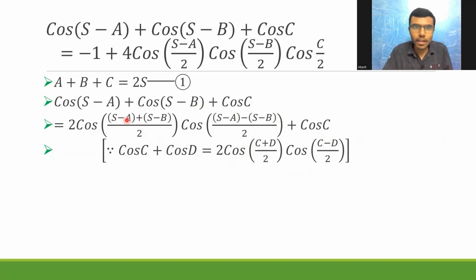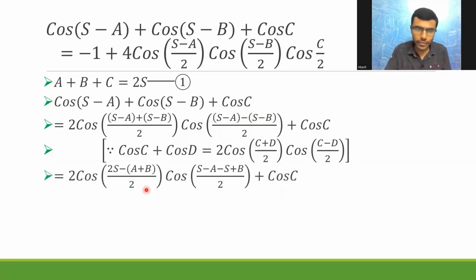Now, s plus s is going to be 2s, and minus a minus b. I'm going to take minus common in these two terms, so I get minus of a plus b. And this one I'm going to multiply minus to these two terms, so minus s plus b. So this is what you would see. As I mentioned, I took minus common, minus of a plus b, and then minus s plus b. So here s and s would get cancelled, b minus a by 2 I'd get here. And here,